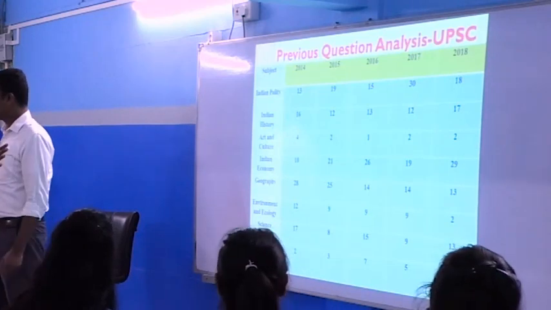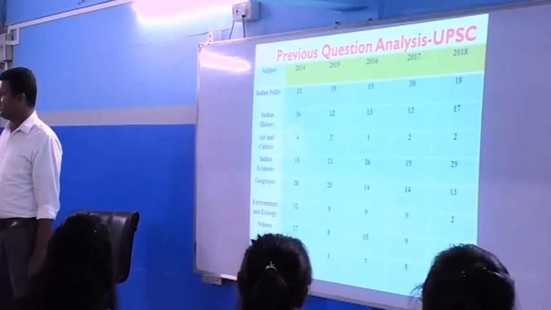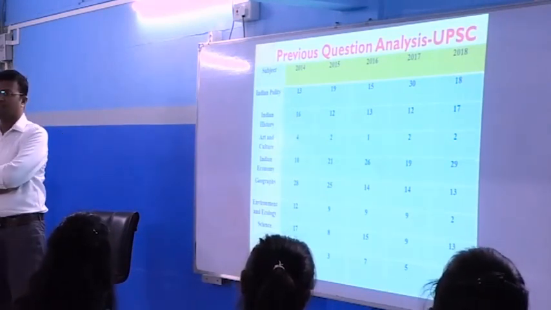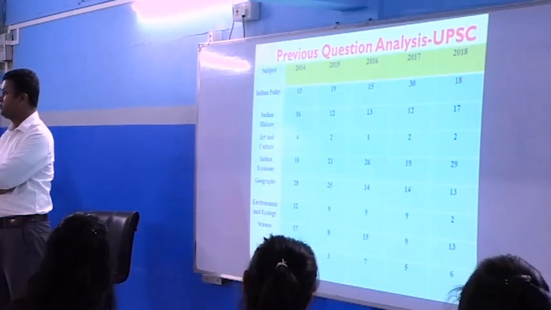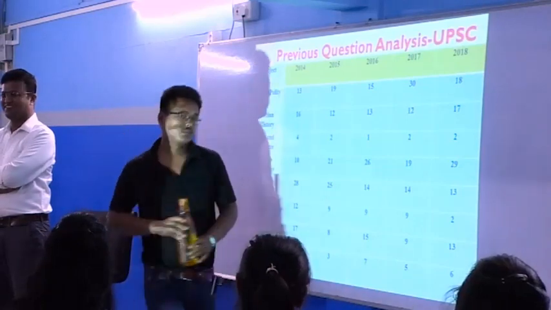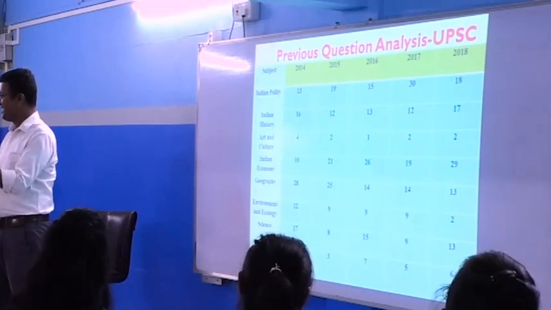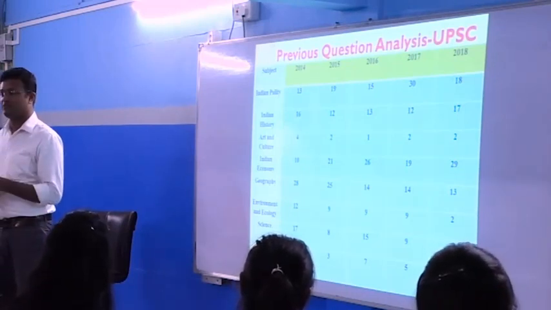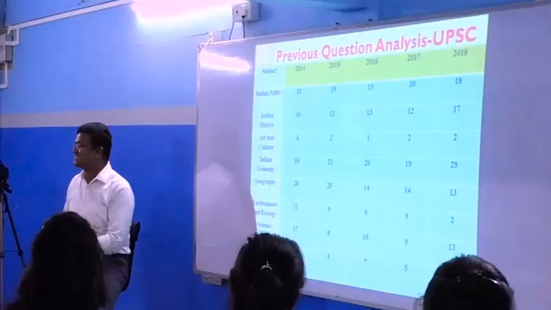Another thing: we are Indians, and according to the Constitution we have the freedom to move anywhere in India. Then they will ask, freedom to move anywhere in India is a fundamental right for all the citizens of India except the people who are suffering from Nipah virus. Is it correct or not? If a person is suffering from Nipah virus, can he be given the freedom to move anywhere? No, he will be in the isolation ward. We may get confused whether a Nipah virus patient has the freedom to move anywhere or not, but in the examination there should be no confusion. That fundamental right can be restricted for people having communicable diseases.